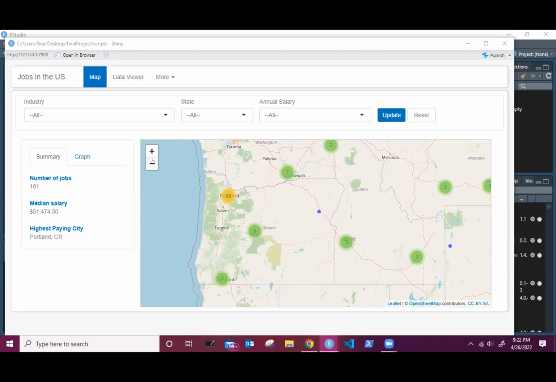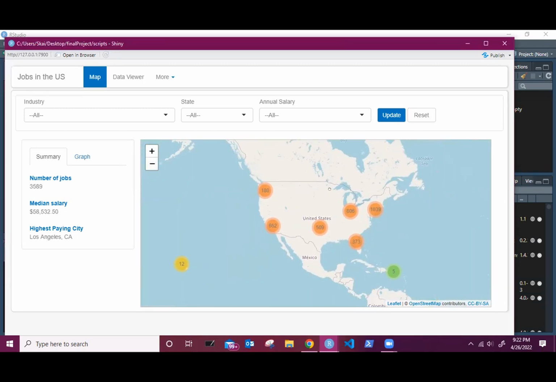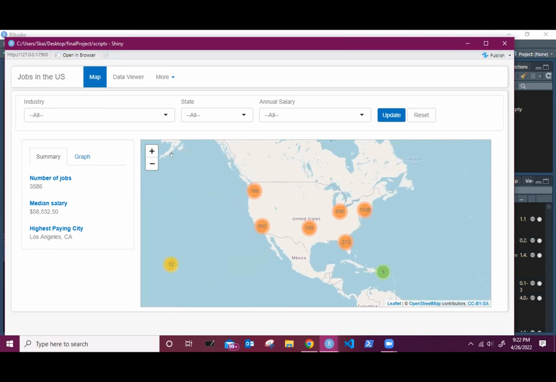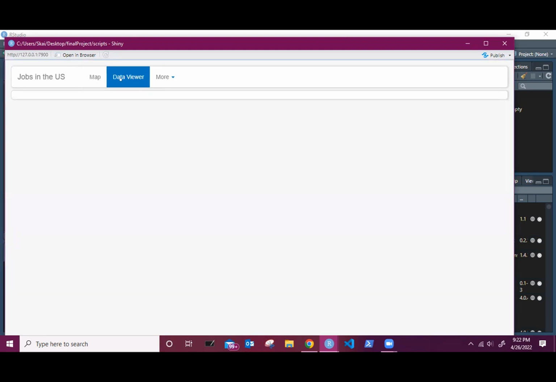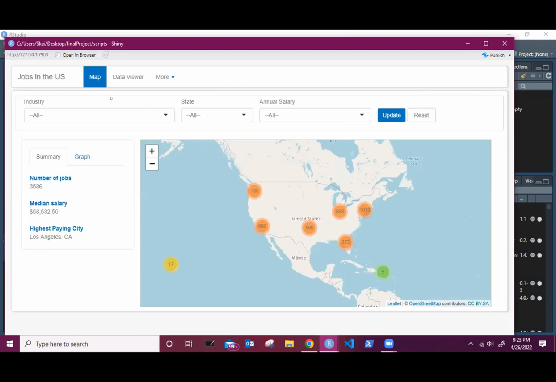Okay. Yeah. All right. So when it opens up, it starts from this view. So it's really zoomed out when it starts. It has a navigation bar up at the top where you can go between the actual map view, and you can also view all of the data that goes into the map. And then I have a few other links that don't work quite yet. So there's nothing here, but back on this page,